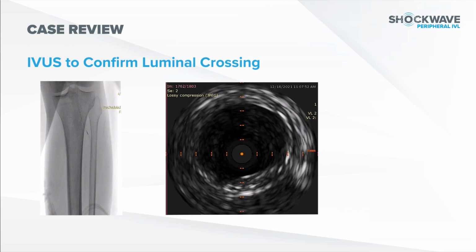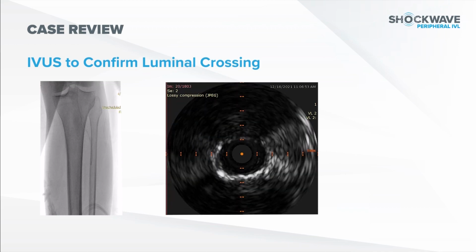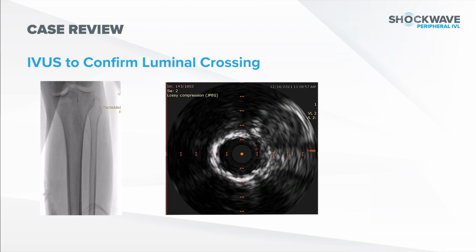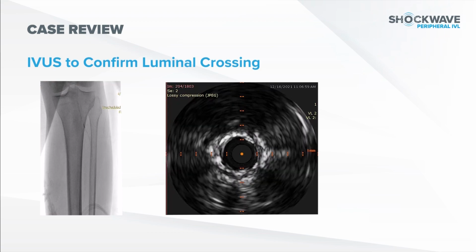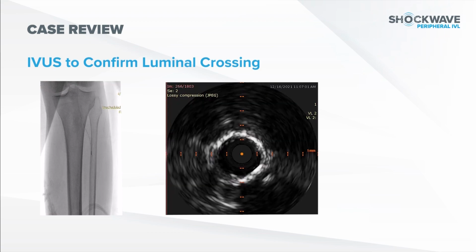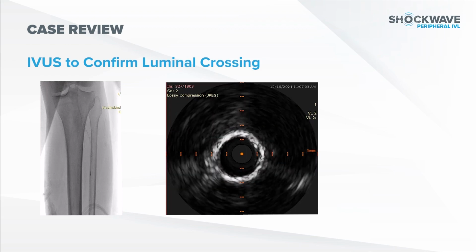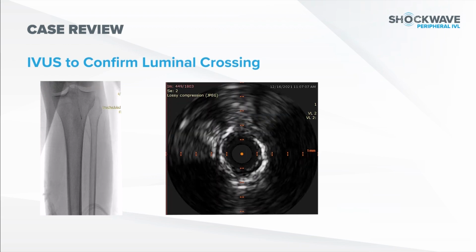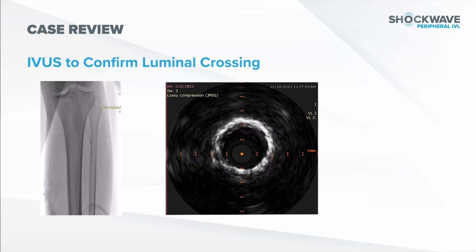So IVUS here told me a couple things. It told me that I'm in the central lumen, I'm not subintimal, so I have a lot of options for treatment. Gave me some understanding of sizing, and then it also gave me that real knowledge of how much calcium existed here. So we went thinking that we were going to try to balloon and potentially DCB, to thinking, okay, we're going to need a vessel prep, we're probably going to need a stent, and what do we want to